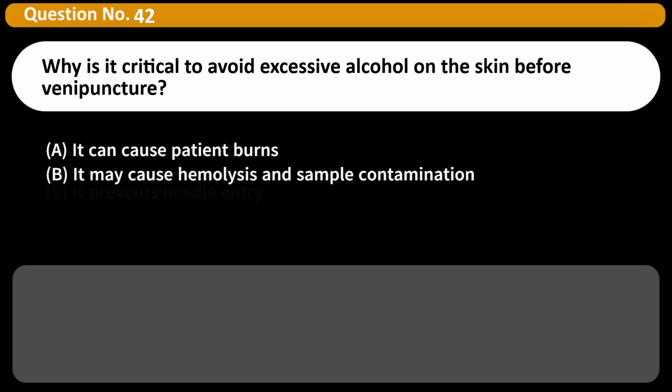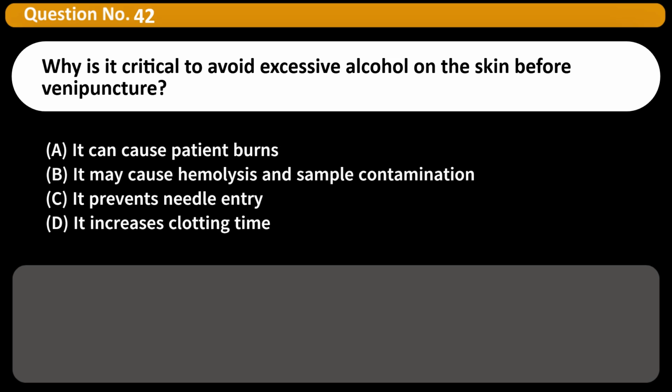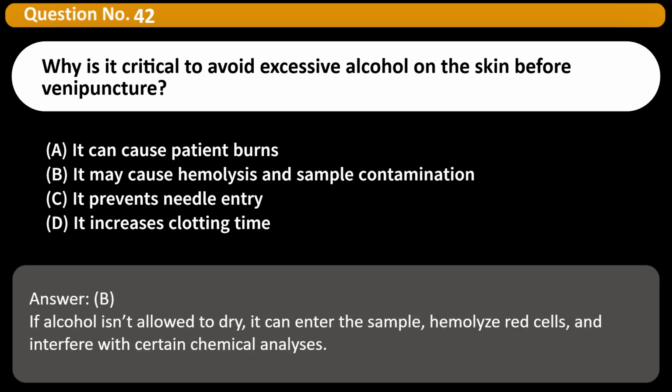Why is it critical to avoid excessive alcohol on the skin before venipuncture? A. It can cause patient burns. B. It may cause hemolysis and sample contamination. C. It prevents needle entry. D. It increases clotting time. Answer B. If alcohol isn't allowed to dry, it can enter the sample, hemolyze red cells, and interfere with certain